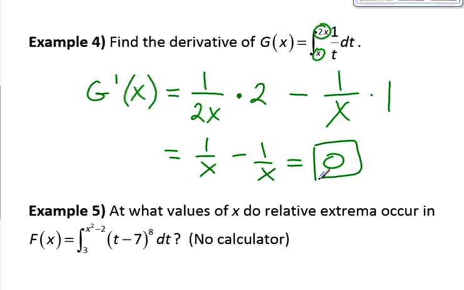So sometimes you will get that. Sometimes you'll get the case where the variables do cancel out, and that's okay. But I just wanted to show you that example so you can see what happens when you have functions in both limits. Okay, so the rest of the problems we will do in class and take any questions that you might